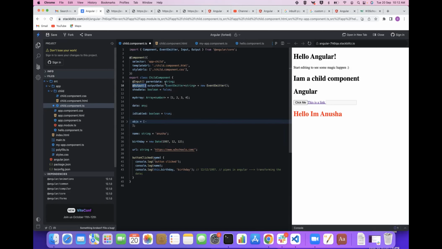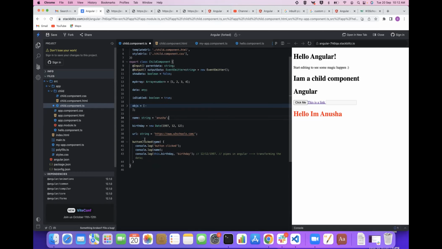And this is the syntax for creating an event emitter. So EventEmitter, and I have given string, which means that I can emit only a string value to my parent. Any doubt, anyone, till here? And this new keyword and EventEmitter is the syntax of creating an event emitter. Now what I will do,